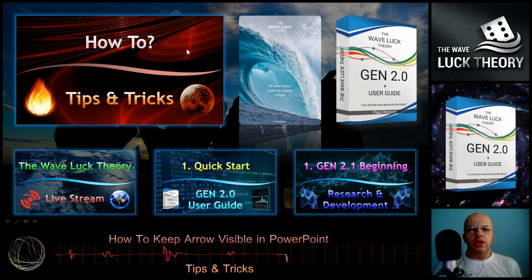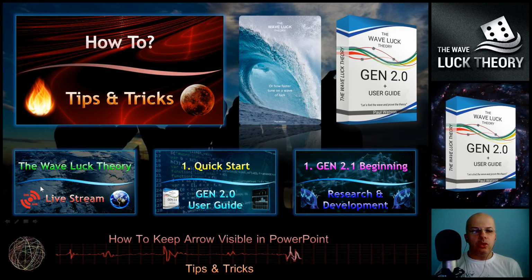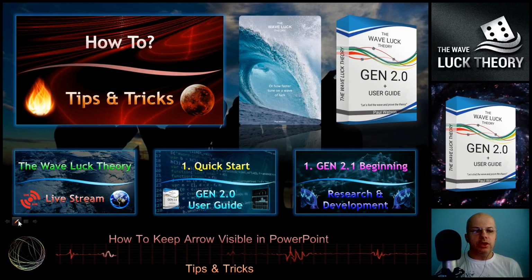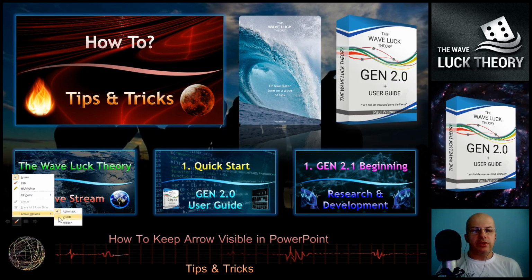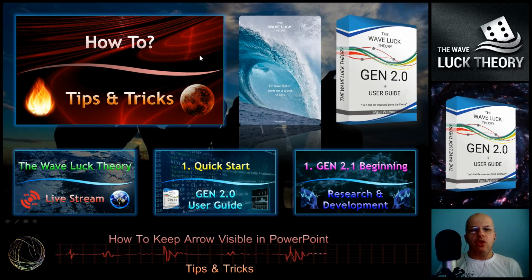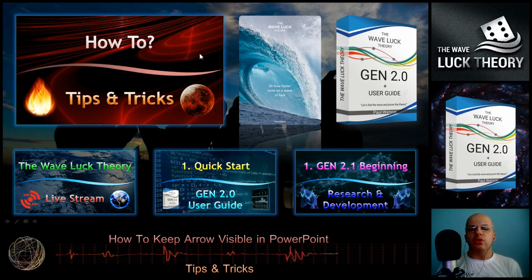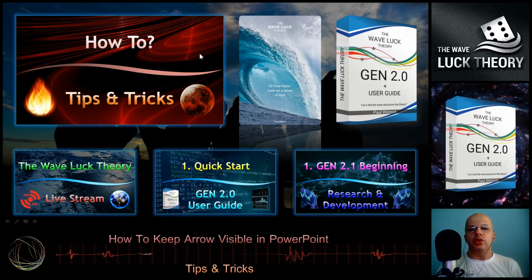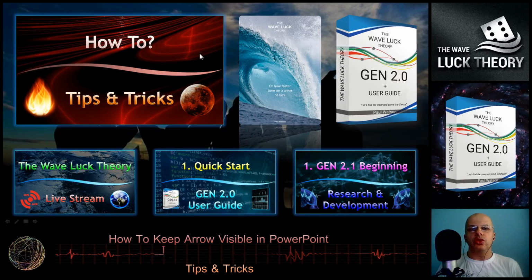appeared. To get around this confusing problem, go to the low left corner, select the pen tool, select arrow options and select visible. From now the arrow will be all the time visible and you will not have this problem during your whole presentation, so you can finally enjoy it.